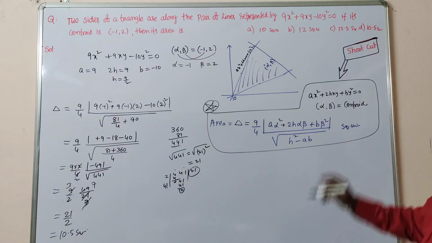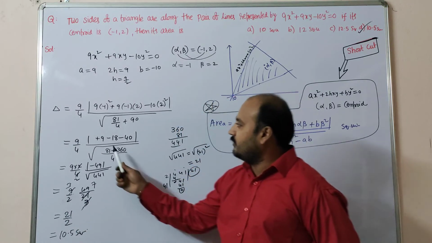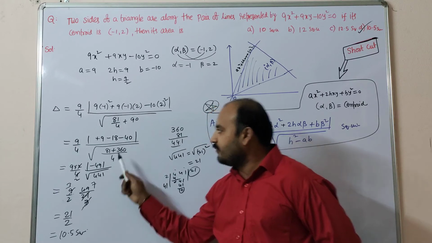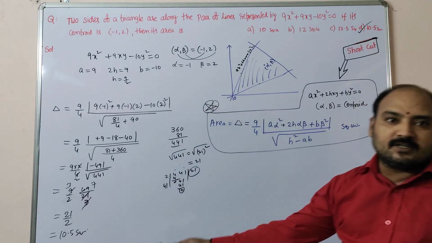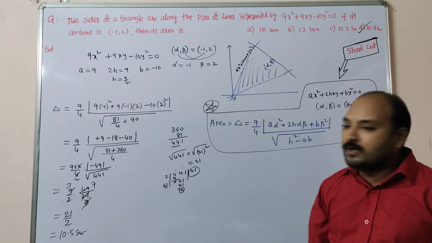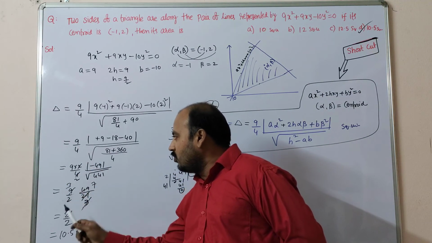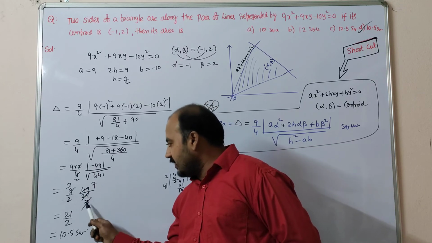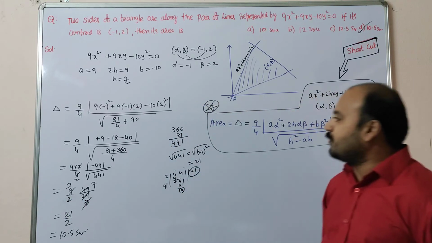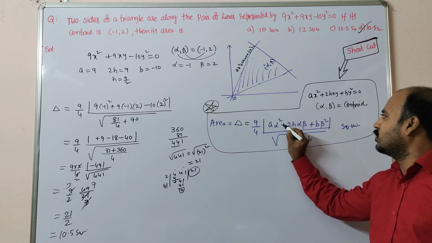So the answer is 10.5 square units, which is there in the fourth option. Once again, dear students, here 9 by 4, plus 9 minus 18 is minus 9, minus 40 is minus 49. 360 plus 81 is 441, it is the perfect square of 21. Here also I wrote that procedure. Next, 9 by 2, here the denominator becomes the numerator: 9 into 2 by 4, 2 2s are 4. Next, 7 3s are 21, 3 3s are 9, 3 into 7 is 21 by 2. So 10.5. This is the shortcut formula. You remember it's a plus only, I forgot.